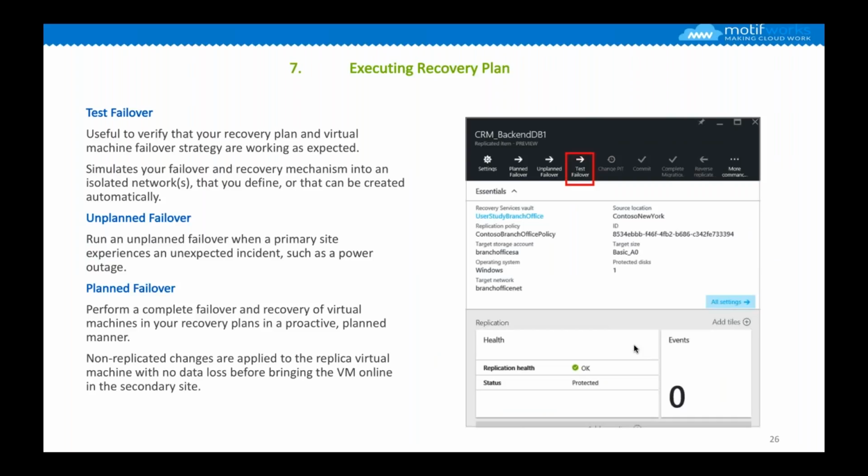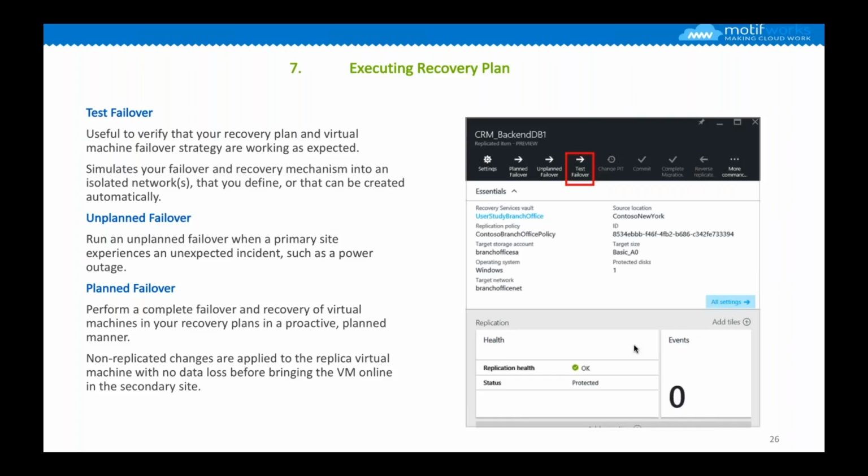So the last piece is, once you have done the configuration, one of the greatest features, which I liked and which our clients loved when I demonstrated it, is the ability to do the test failover. How many times, if I walked into an organization, I asked them, hey, can you show me your disaster recovery? Can you execute it? And they laugh, and I know that because I've gone through this myself. I understand that it's not easy to build a disaster recovery and do a pilot testing or do a test failover.